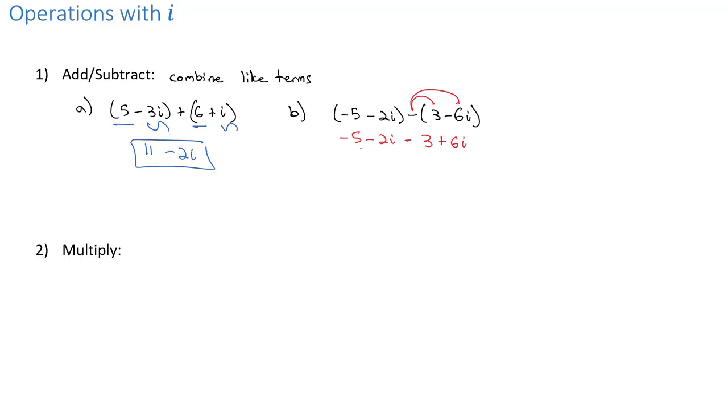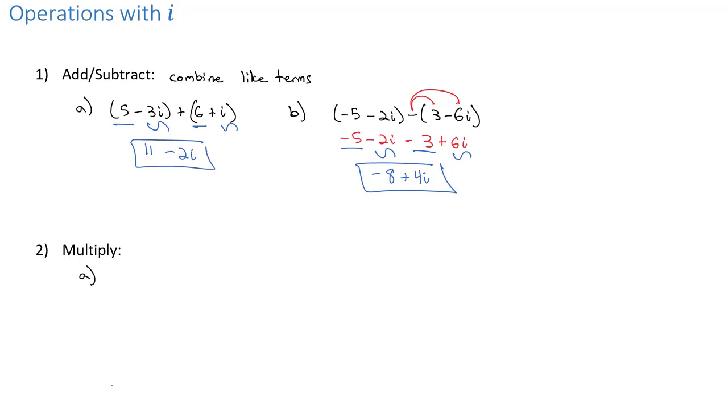Now we can combine like terms. Negative 5 minus 3 is negative 8. Negative 2i plus 6i is plus 4i. And we're done. Now, when we get to multiplying complex numbers, there's a little more to it because we have